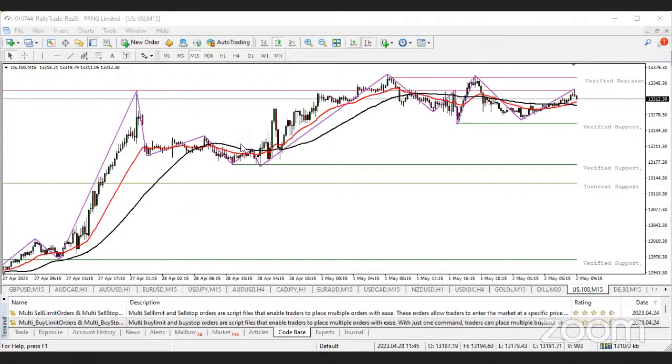I think my colleague has been able to cover a couple of instruments, especially currency and the likes. So I'll be looking at other ones, other indices, and maybe gold. A couple of other instruments like indices such as US30, US100, US2000, and some other commodities like gold and the likes. So thank you very much.